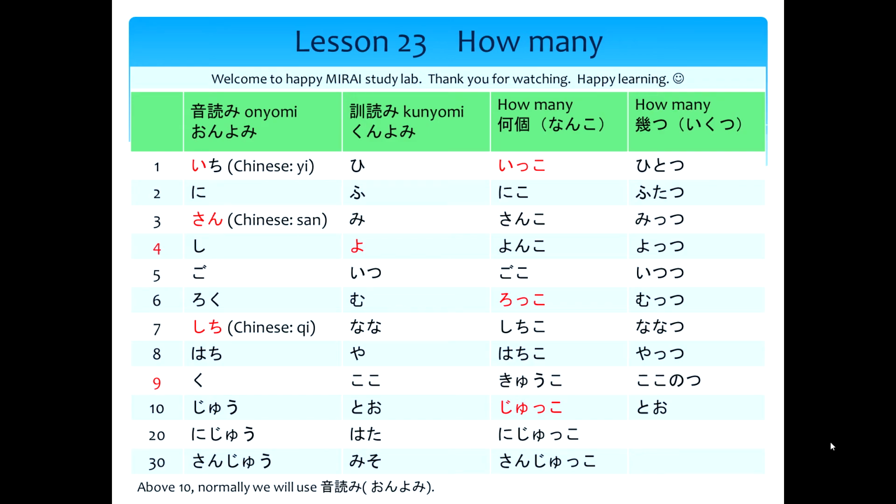Then kunyomi: hitotsu, futatsu, mitsu, yotsu, itsutsu, mutsu, nanatsu, yatsu, kokonotsu, to. All right, so this is today's lesson about how many, as well as an introduction to the onyomi and kunyomi of numbers,